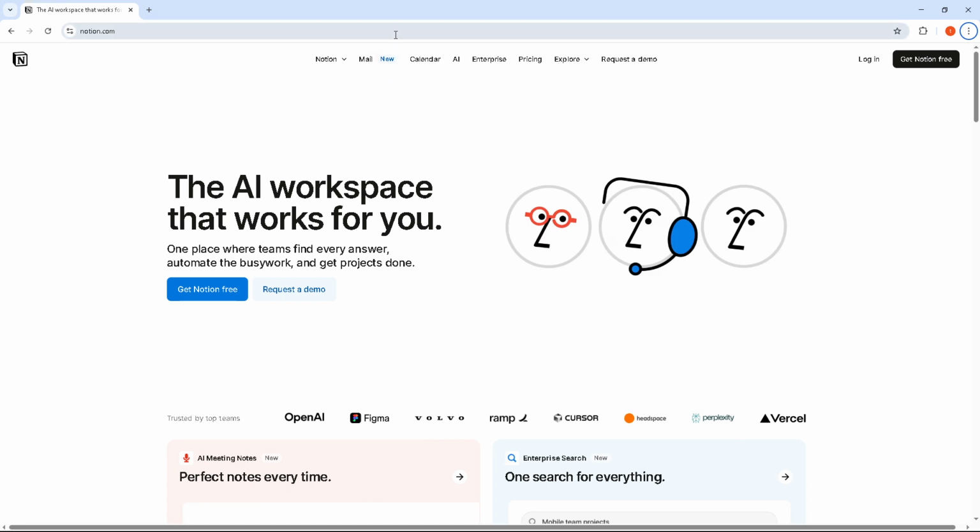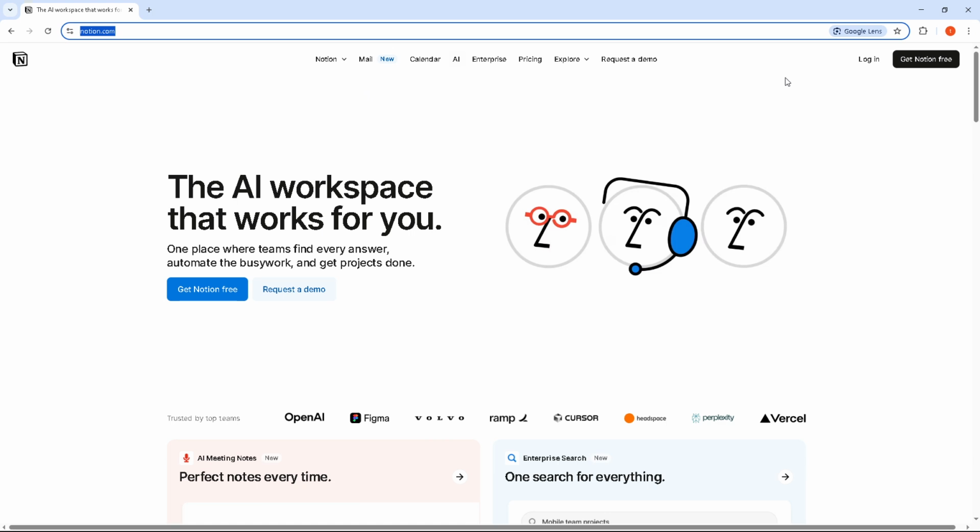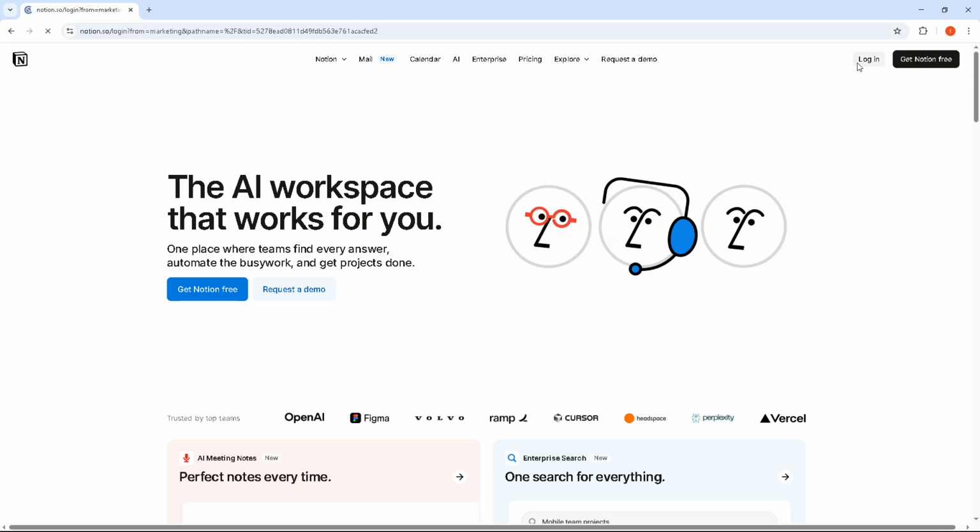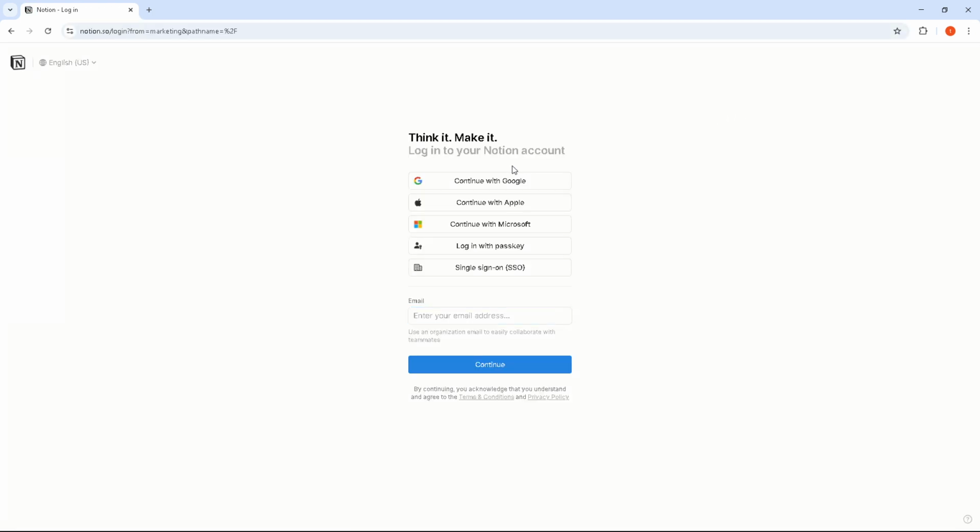Once you're there, log into your account. If you haven't signed in yet, you can easily do so by clicking the Login button located at the top right corner of the page. For a seamless experience, I recommend using the Continue with Google option if you have your Google account linked to your Notion workspace. This will quickly get you into your main workspace, which is essentially your central hub where all